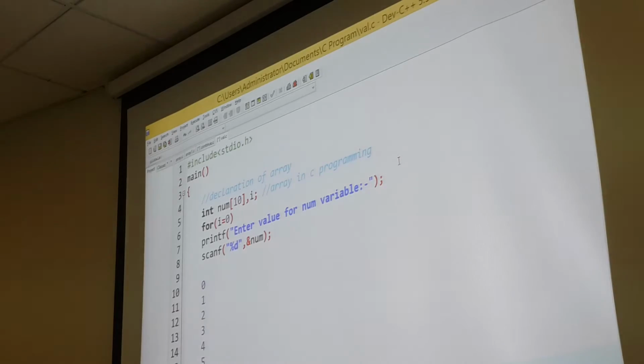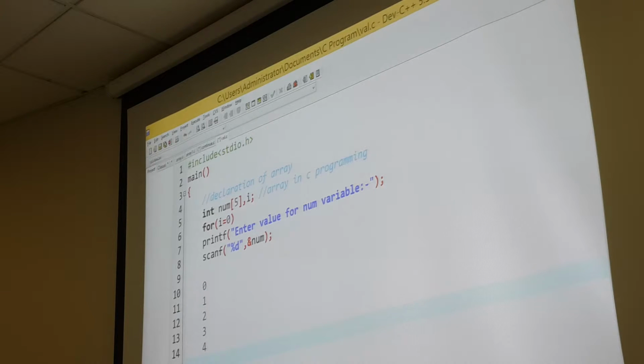So 0 to 9 is the size of my variable, size 10. If I give you size 5, then it runs 5 times, 0 to 4. So like this we have to focus on the loop. My variable i has the value 0 because our index starts from 0.